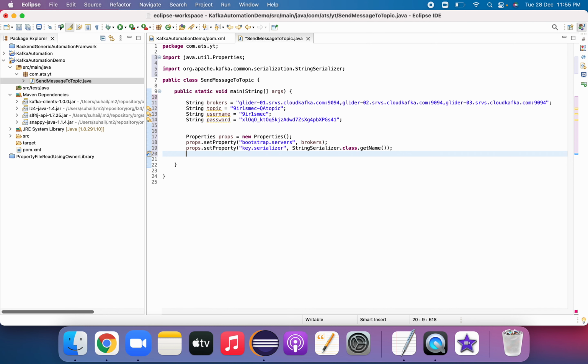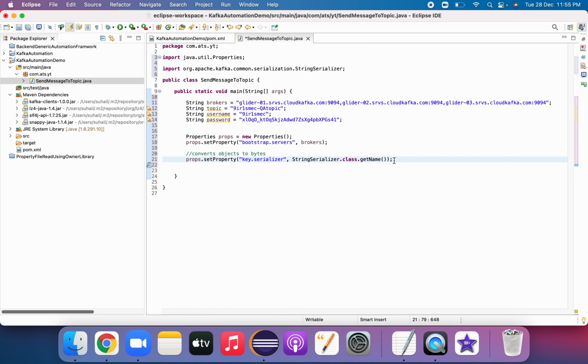What does this serializer do? It converts the object to a byte stream, as topics store the data in the form of bytes. So it converts objects to bytes. That's the main purpose of this serializer.